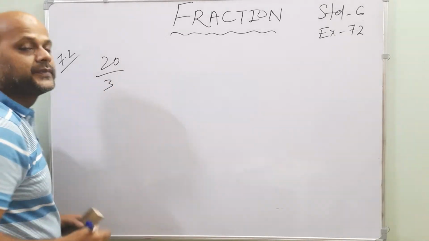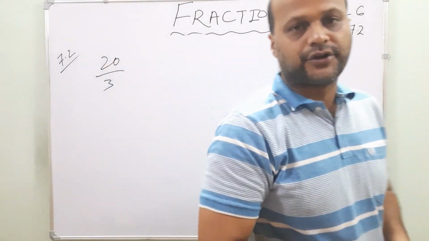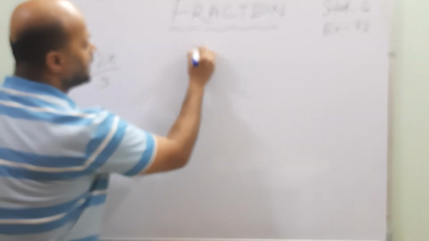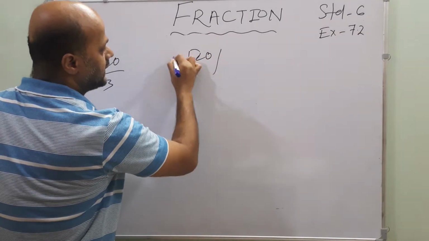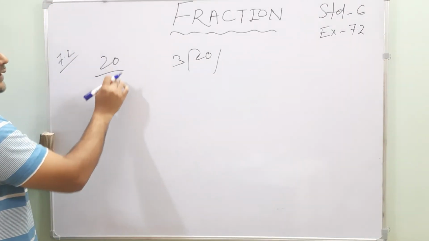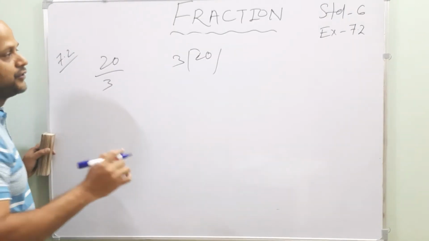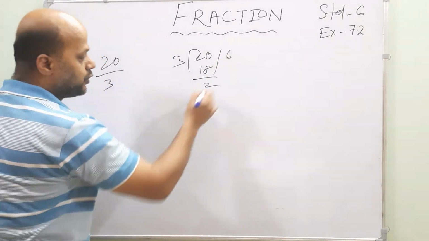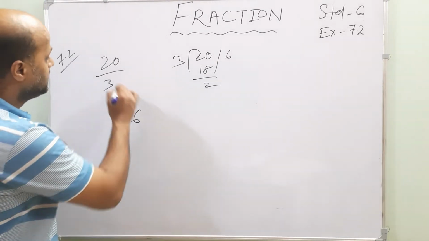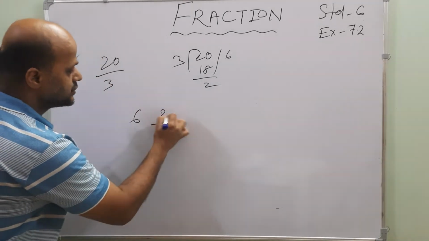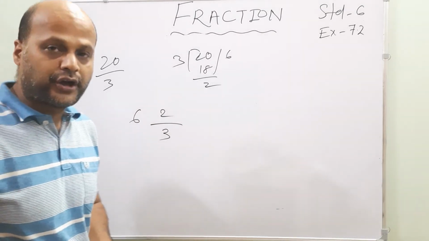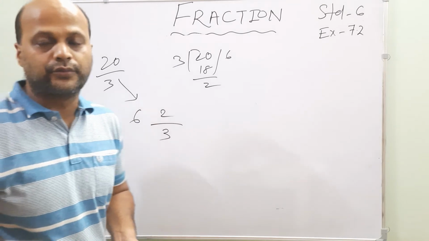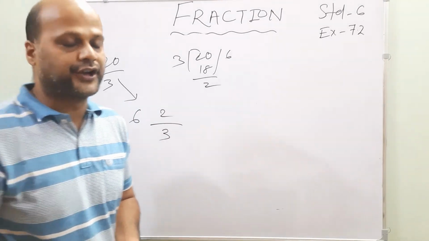Always remember that an improper fraction is converted to a mixed fraction. So what you have to do is divide. 20 divided by 3. It is 20 by 3, where by means divided. So 3 sixes are 18. Remainder is 2. So what is the whole number? 6 will be written as it is. The denominator will be as it is, and the remainder will be the numerator. So 20 by 3 is nothing but 6 whole 2 by 3. Understood, my dear friends? Okay, very good.